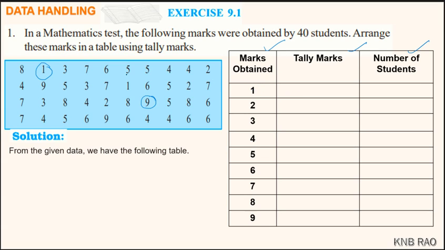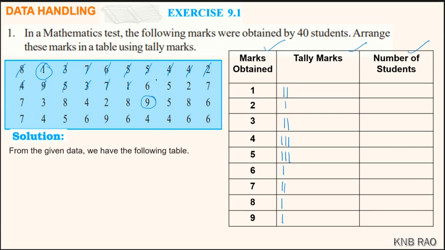rows. Here, taking the first 8 marks, I will mark a tally mark. 1, I will mark a tally mark beside 1. 3, beside 3 I will mark. 7, I will count it as 1, 6 in 6, 5 in 5, one more 4, one more tally mark, 2, one more, 9, one more, 3, one more, 7 we have a second one, 1